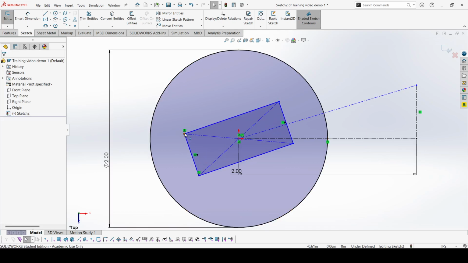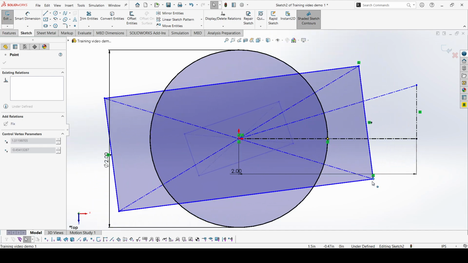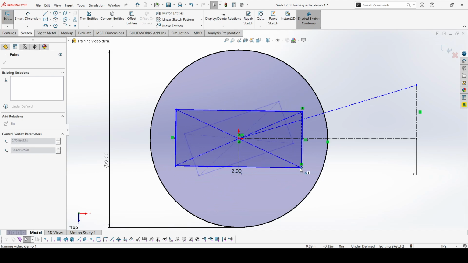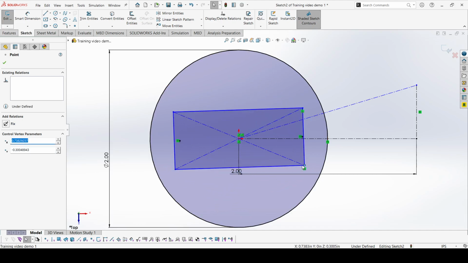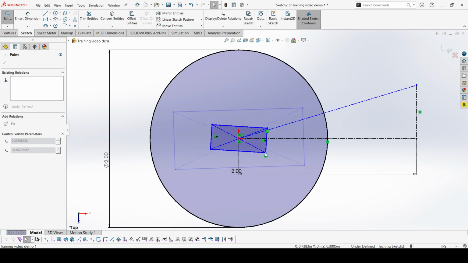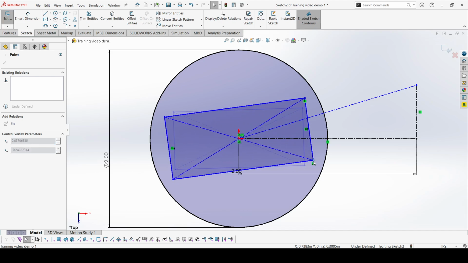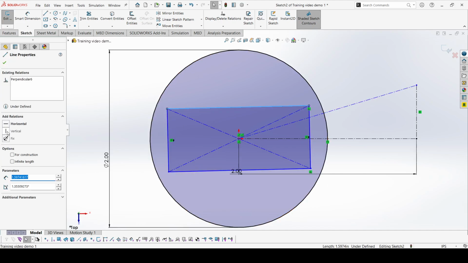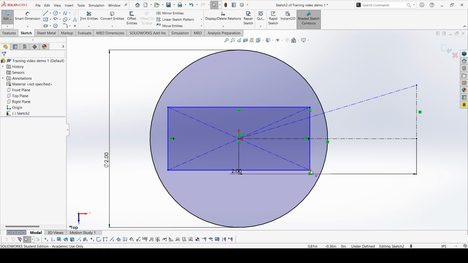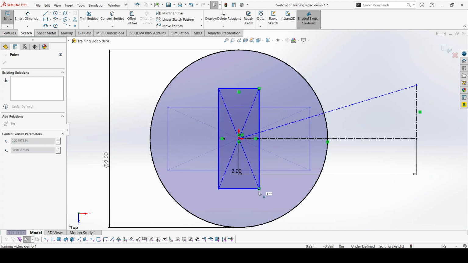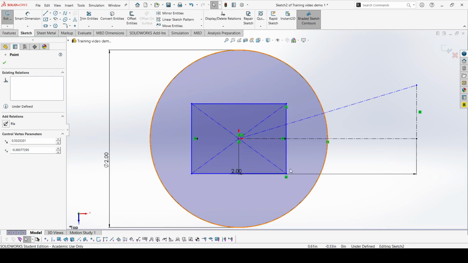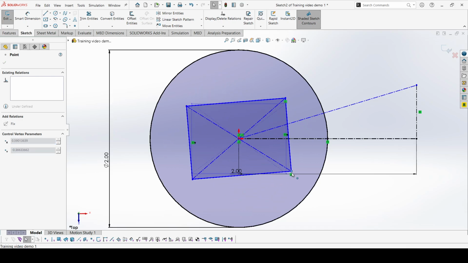Sometimes, you'll notice it's maintaining the same proportions. This is normal. Even though those proportions aren't defined, a lot of times in SolidWorks, things won't want to change their proportion unless they are defined in such a way that is the only way they can move. So if I make this horizontal again, you'll notice it's now actually changing the proportions. But if I make this not horizontal, you'll notice it's merely going to change the scale